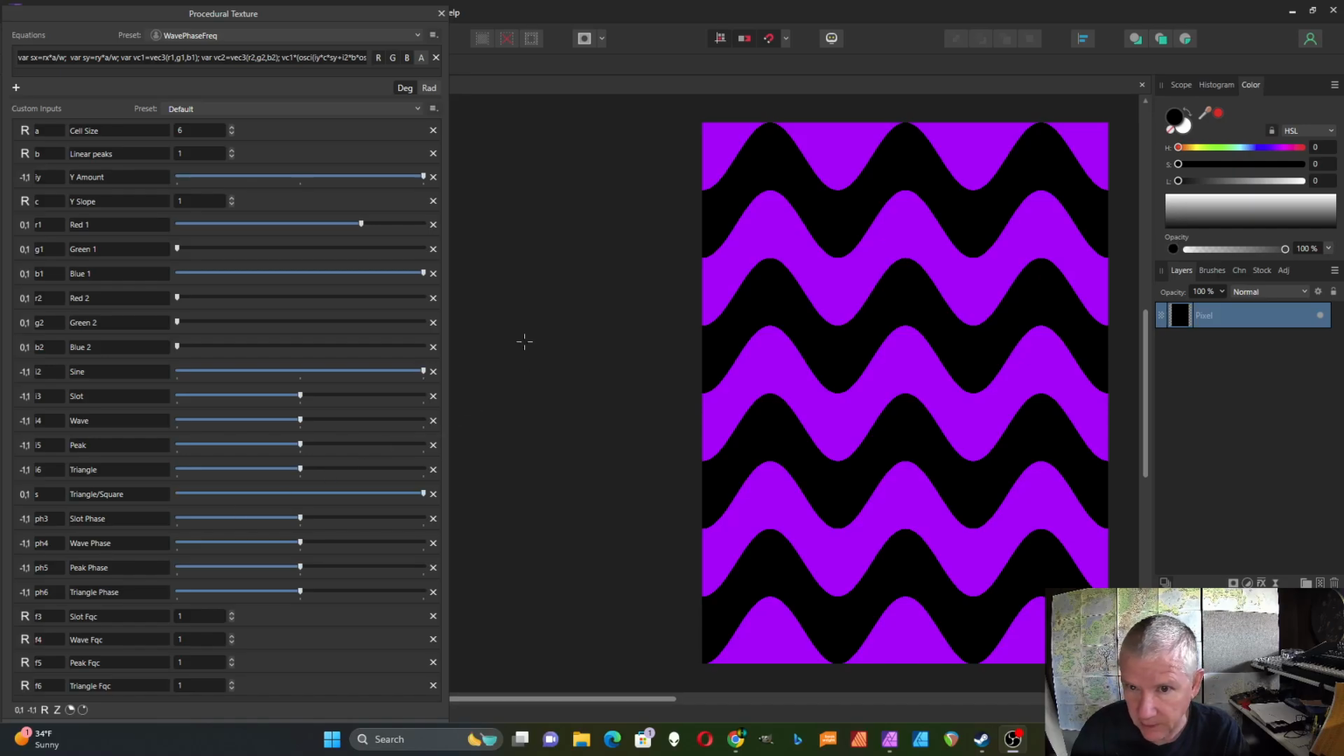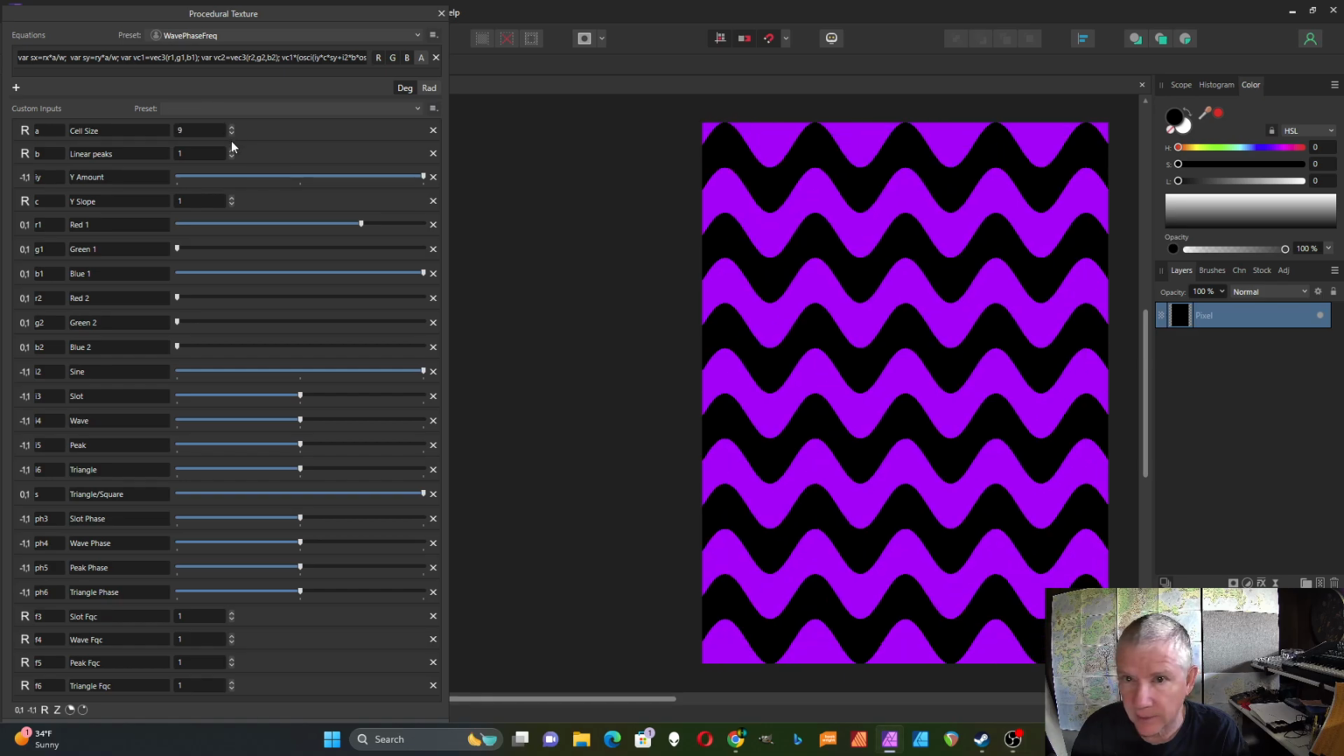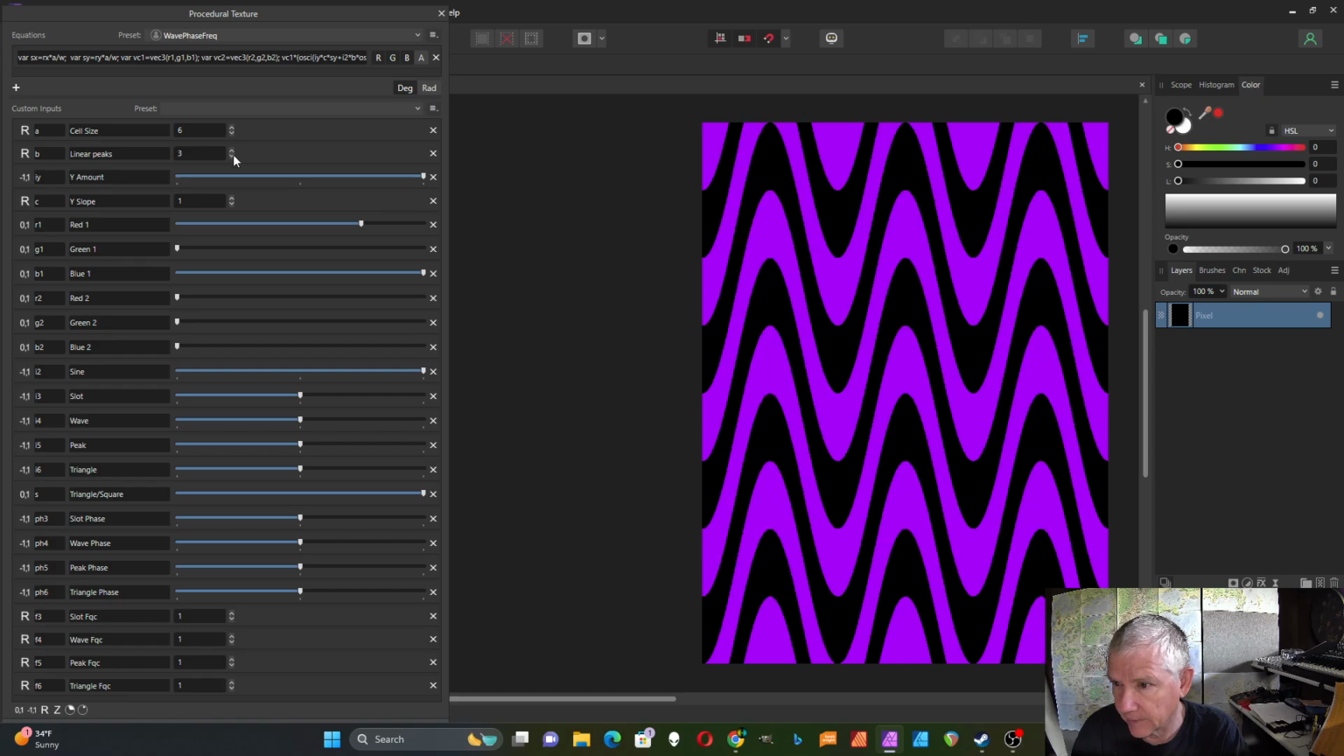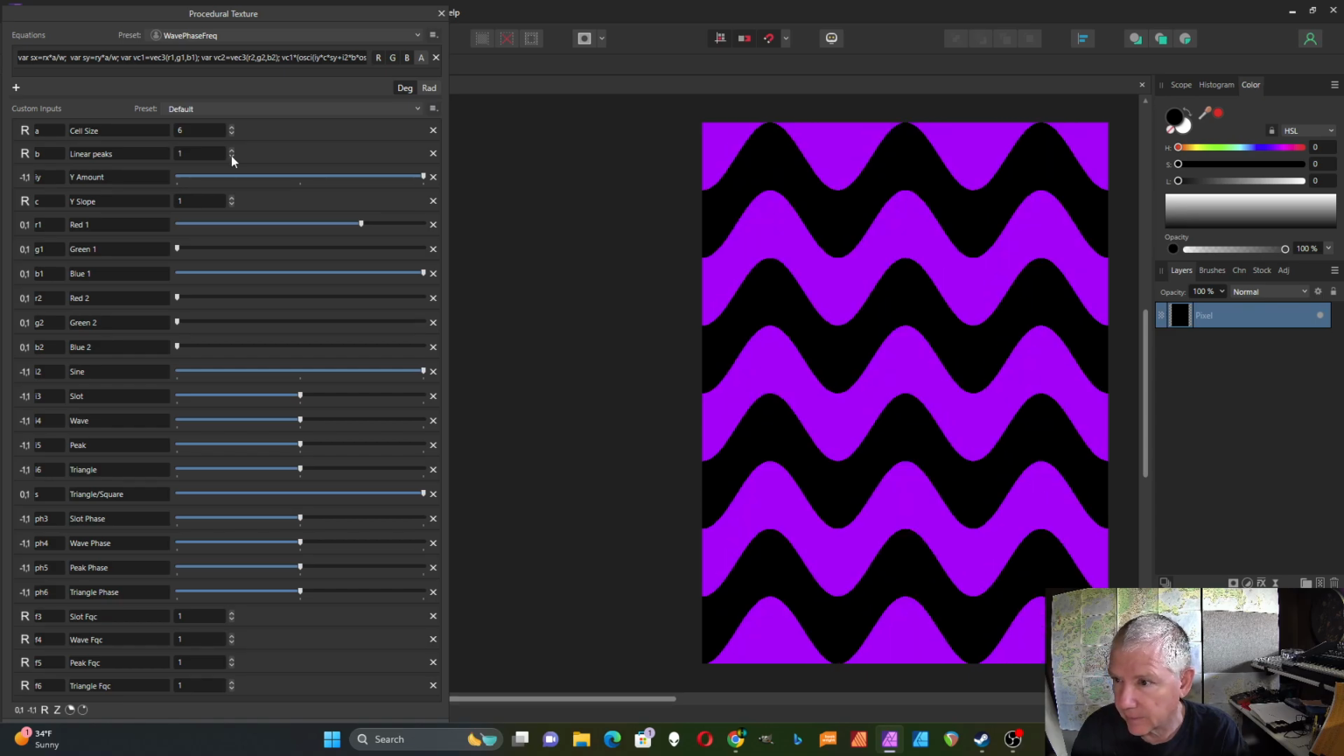In this video I'm just going to show a filter that takes some of the oscillator shapes and combines them in different ways. So just going through the parameters here, I have the cell size that controls just the overall scaling, and then I can control the Y height of the different waveforms, and then I have a factor for